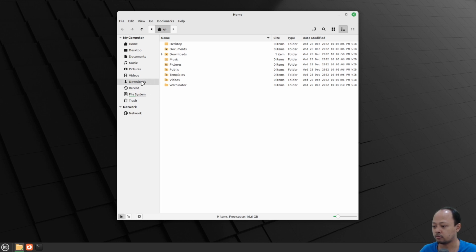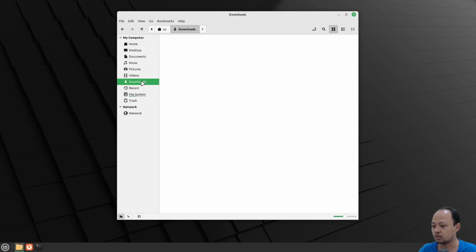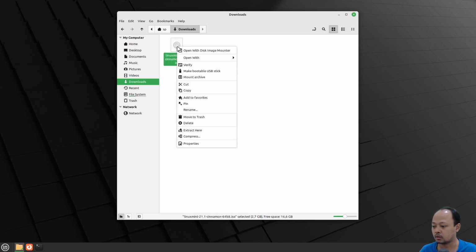If we have an ISO image, for example, I already downloaded the Linux Mint ISO, we can directly verify it by right-clicking on this file, like this, and then we can see a new entry in our right-click menu for verifying the ISO.